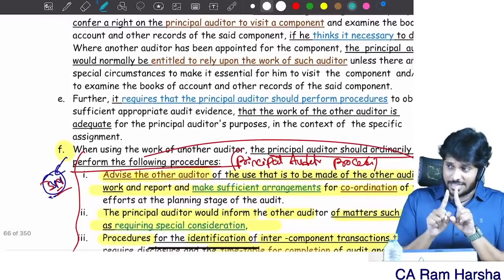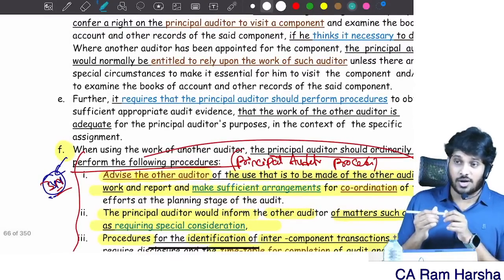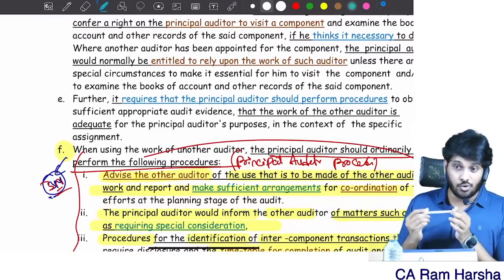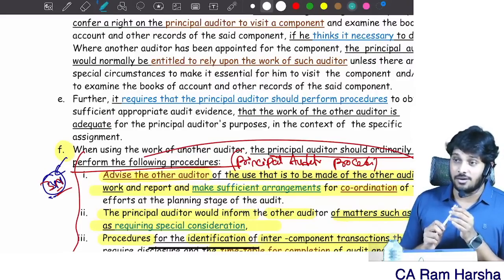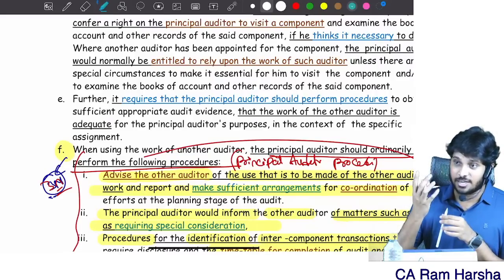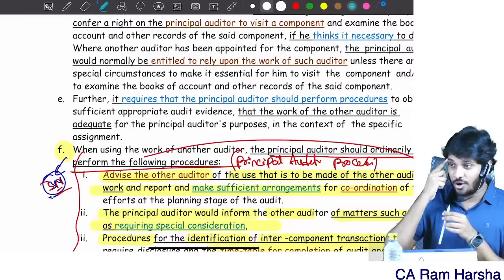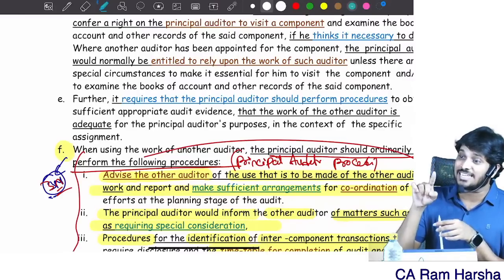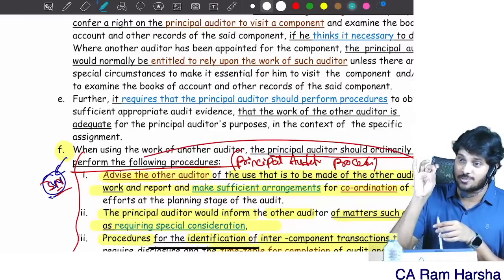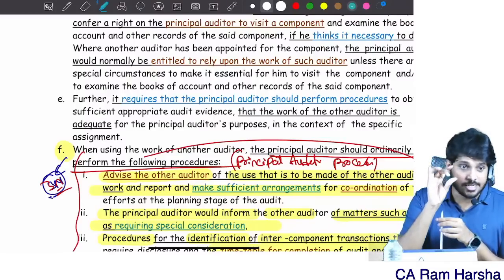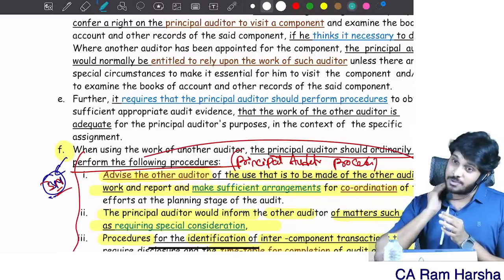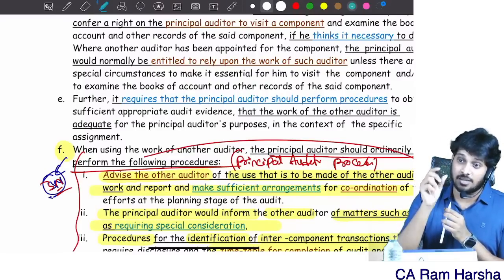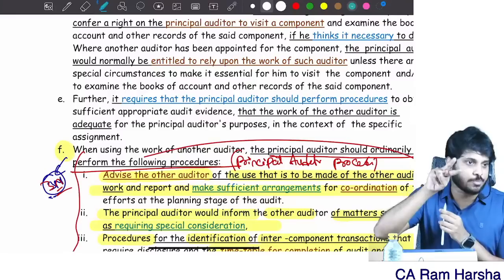Now where are we actually? 706, other matter paragraph. Other matter paragraph is a paragraph in the audit report that refers to a matter other than those presented or disclosed in the financial statements, that in the auditor's judgment is important for users' understanding of the audit, the auditor's responsibility, and the auditor's report. Auditor's responsibility we understood, correct? Other matter paragraph is important to make the users understand the audit and the auditor's report. These two words are pending again.